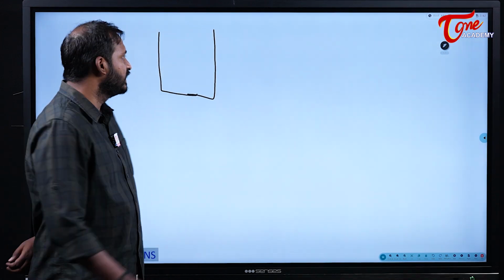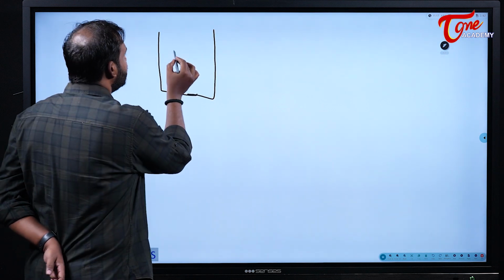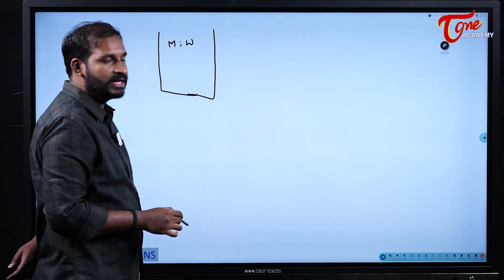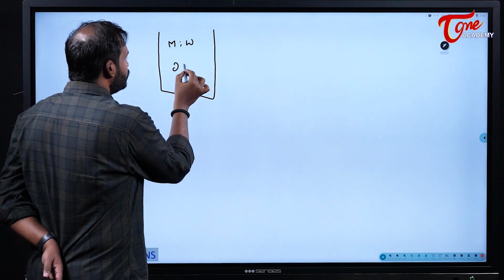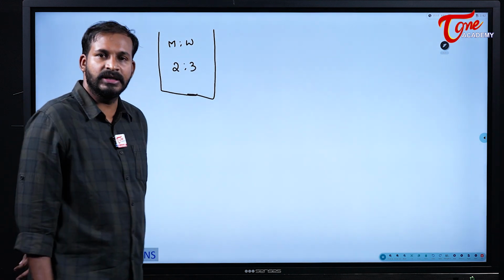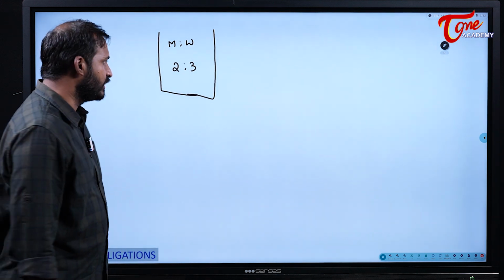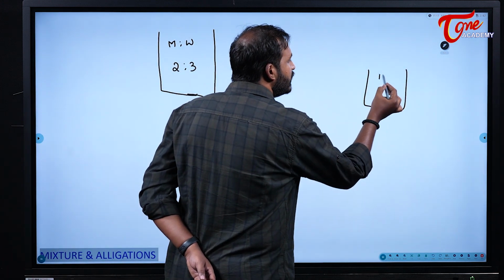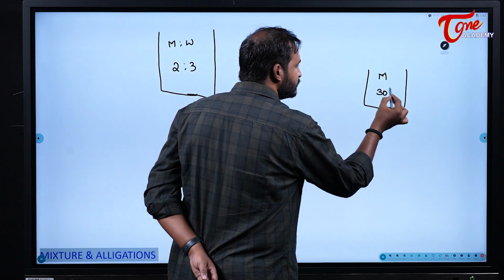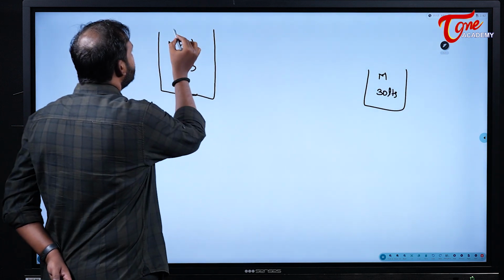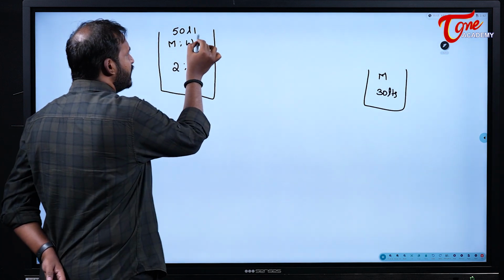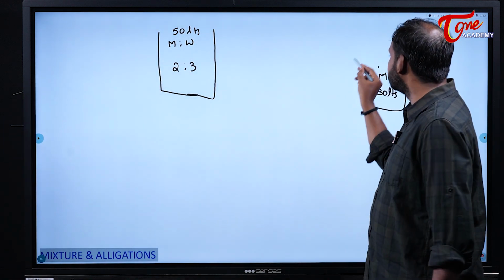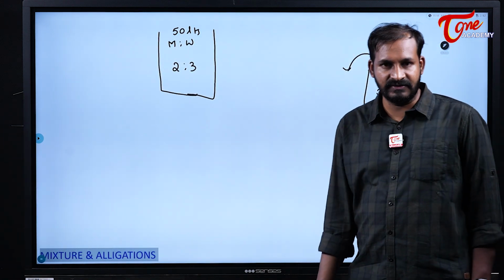The first thing is, there is a jar. Assume that the jar contains some milk and water in the ratio of 2:3. And there is one more jar, which contains only milk of 30 liters. Here the overall mixture capacity is some 50 liters. Now when I draw 10 liters from this jar,